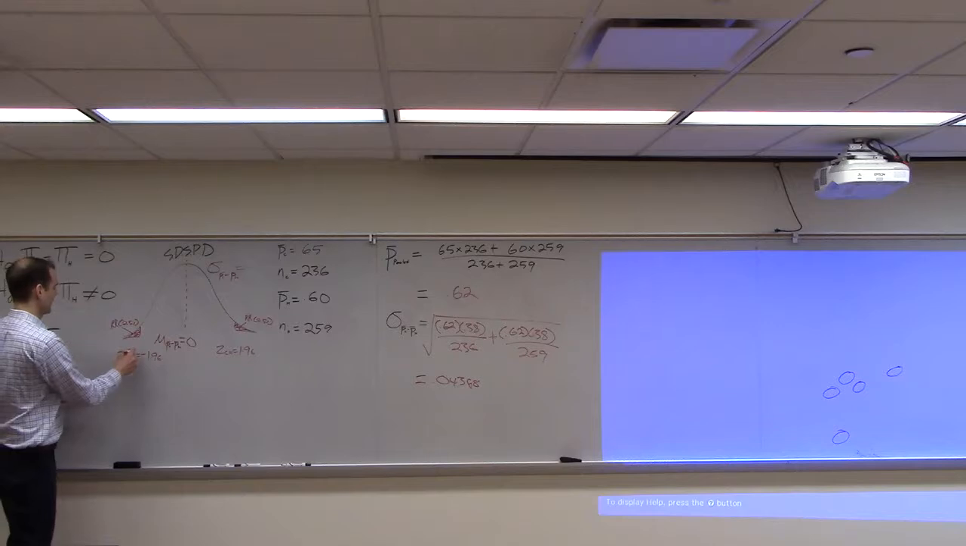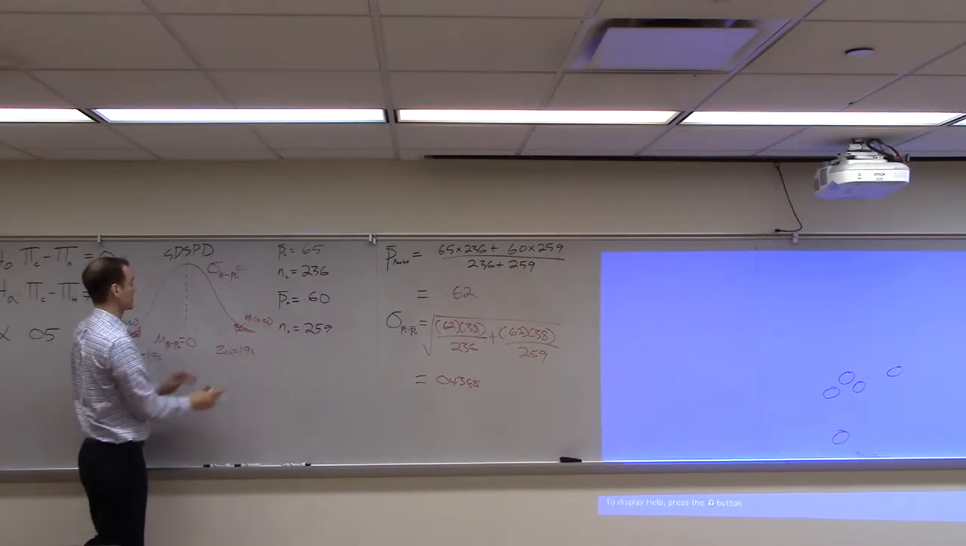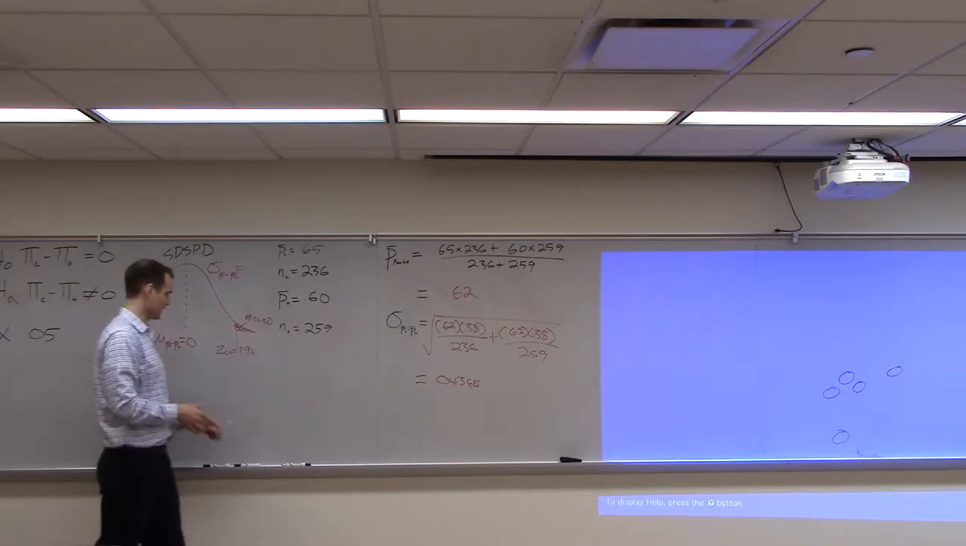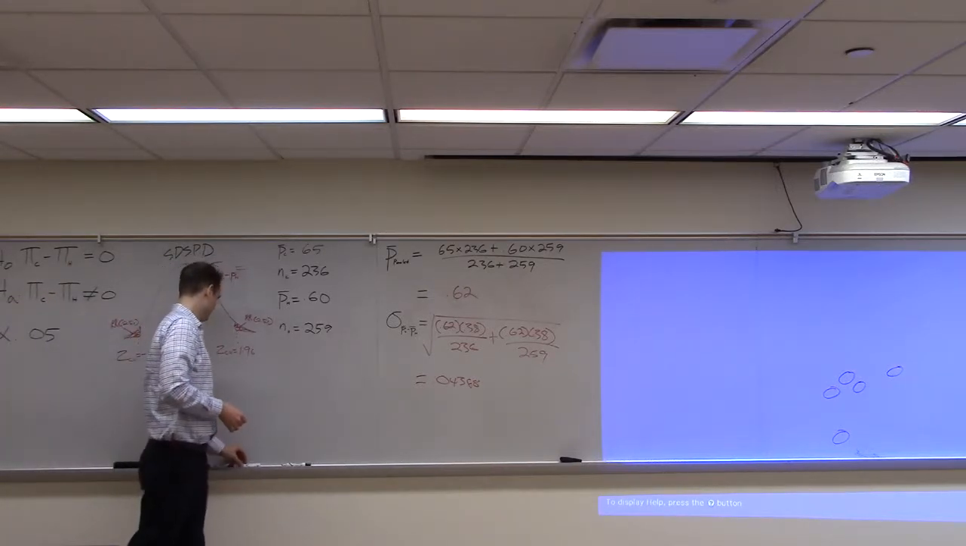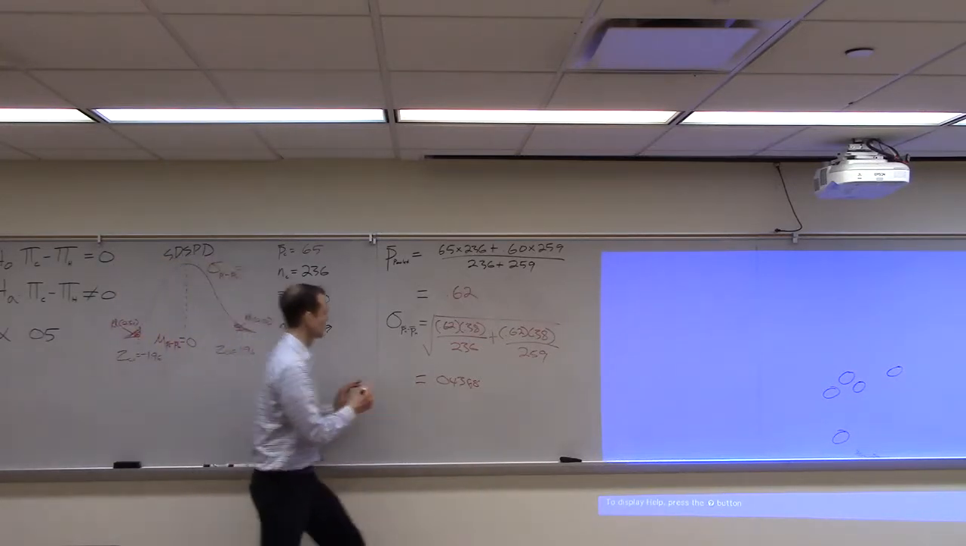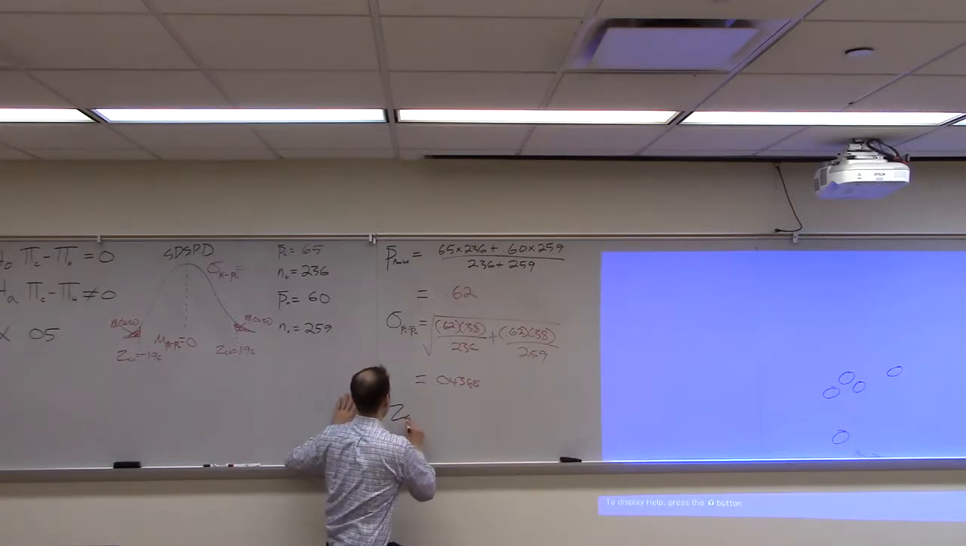1.96. Alright. So anything greater than 1.96, reject. Anything less than negative 1.96, reject. All I need now is a z-stat, right? Okay, so let's get a z-stat. Let's do it here. Z-stat